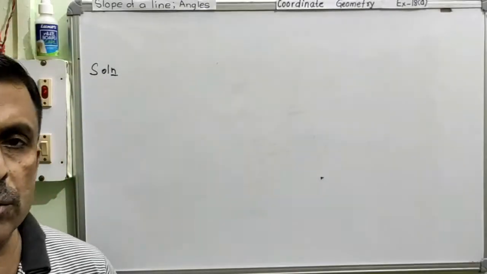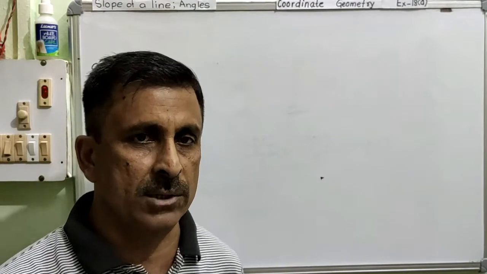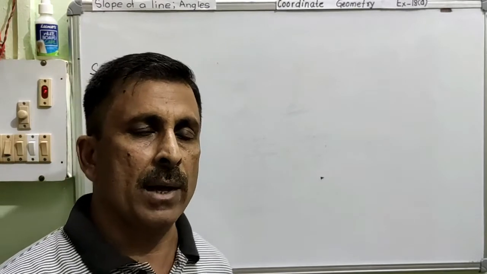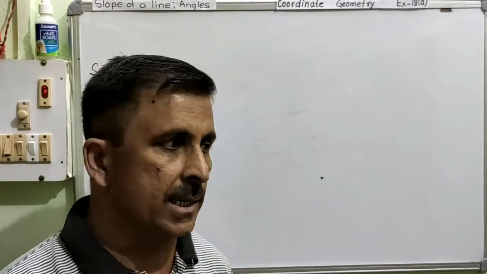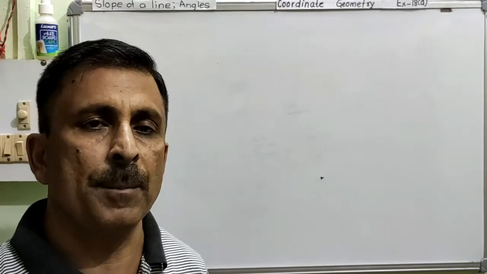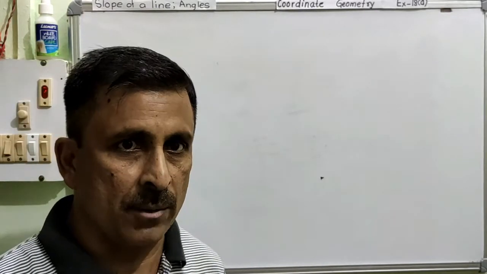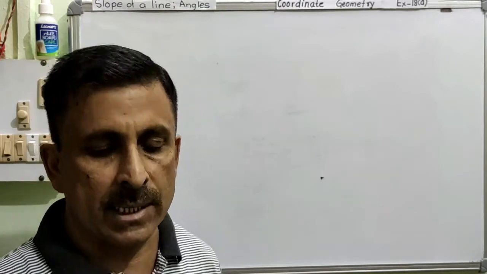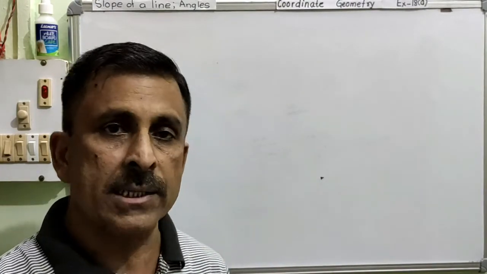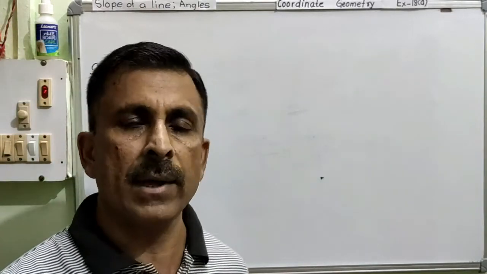Thank you. Now after question number 10, questions 11 till 18 are all very simple, very basic questions. All the concepts of these questions were already explained to you in the previous video, right? That is the condition for the lines to be parallel, the condition for the lines to be perpendicular. And you also know how to calculate the slopes now, isn't it? Slope we can calculate by using the angle of inclination, or by using the coordinates of 2 points. So you will find questions 11 to 18 very simple, right?